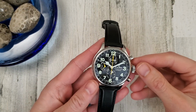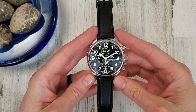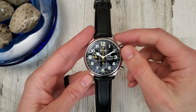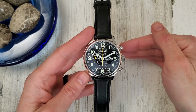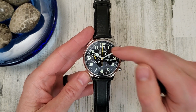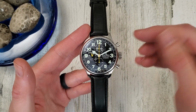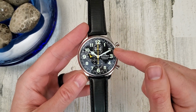My name is Kevin, and today we're looking at the last of the three Ernst Benz watches I have on loan. I guess this will be Ernst Benz week. Save the best for last. This is the largest one by far. The first one that I shared by itself was 40 millimeter. The second one was 44. And this one here is 47 millimeter case diameter. Same function and movement as the other two Chronolunar watches. This is the Ernst Benz Chronolunar